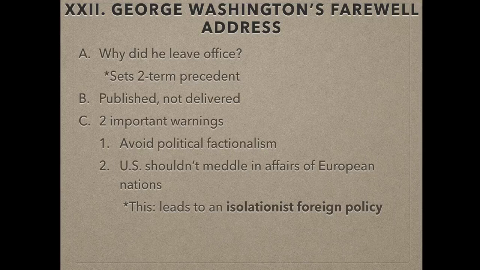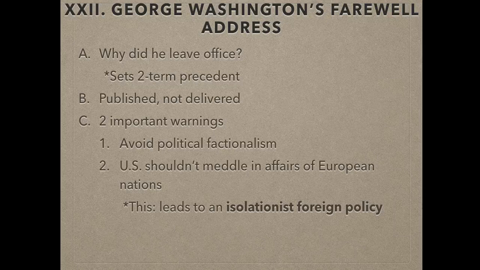For example, World War I, there were certainly reasons for the United States to get involved earlier than it did. But this is something that you do still hear politicians argue about today. What should our foreign policy be in regards to warfare or conflicts that are happening in parts of the world that don't necessarily have to do directly with us? Today it's different, right? Because we are militarily very mighty, and economically we are very involved with so much of the world. So it's a different context today than it would have been back then.